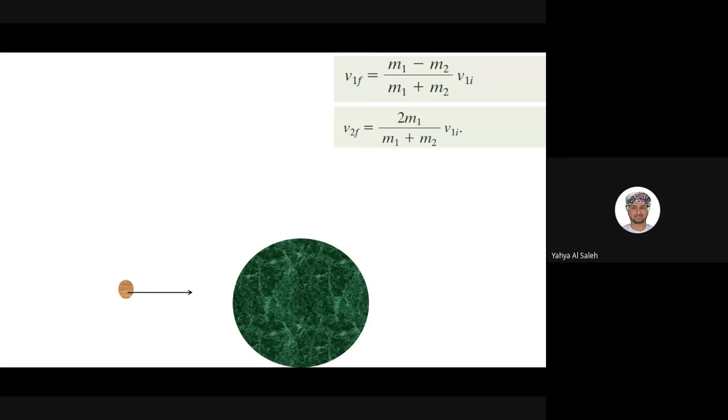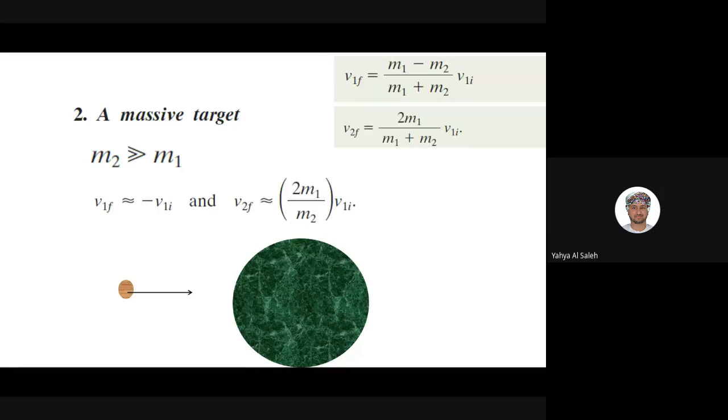It will move back. The small one will go back. Yes, exactly. And we are going to prove it using physics, conservation of momentum. This is what we call a massive target. Your target is way bigger than your source. Okay. M2 is way more than M1. So if M2 is way more than M1,